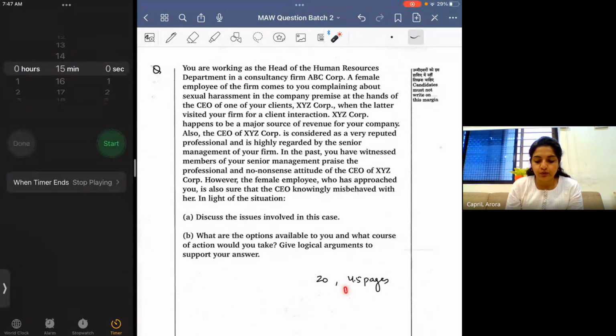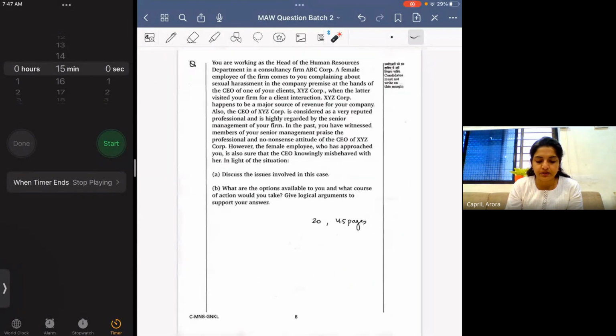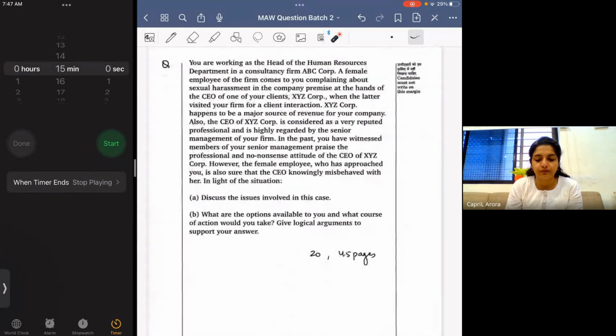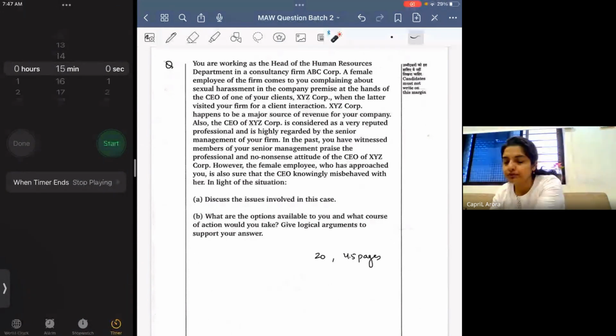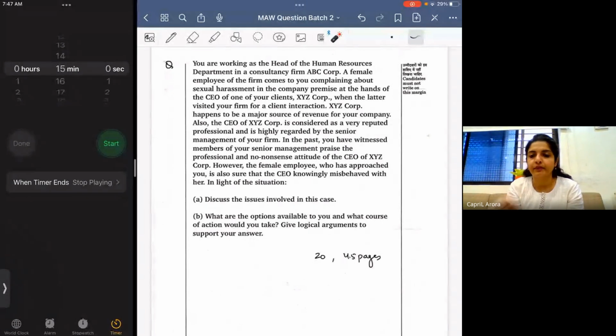Right? It's a 4.5 page answer. If this is the sheet, from here you can start and you can write 4 more pages. So go ahead and try to fill in what you want to write and see how much space you require. Demarcate the space and give introductions in this. Issues as in both the issues of the case study and the ethical issues according to the facts of the case. So you might write both of them, the facts, then the ethical issues. Right, start writing.